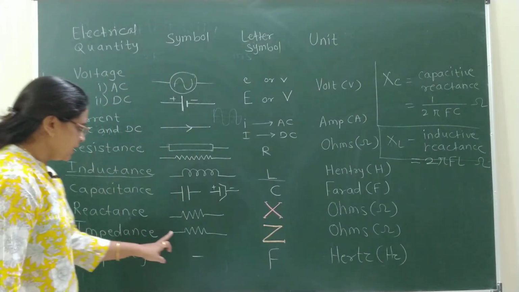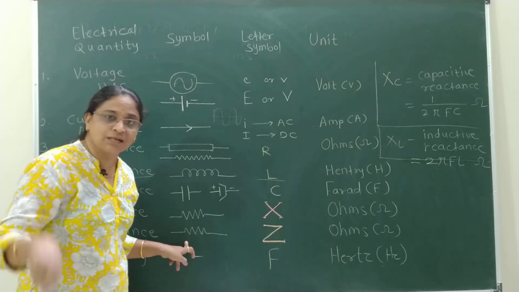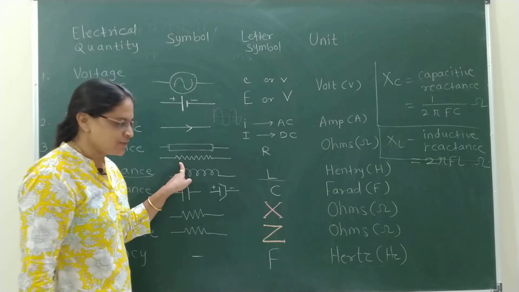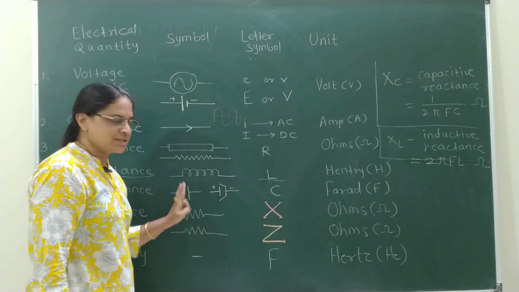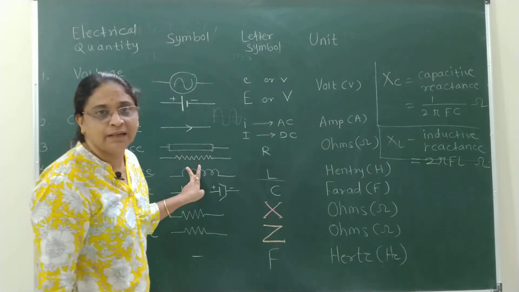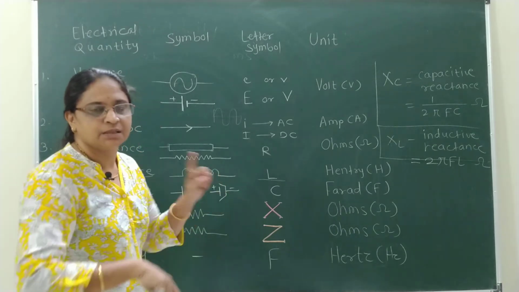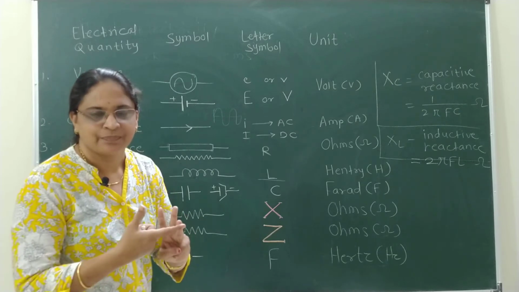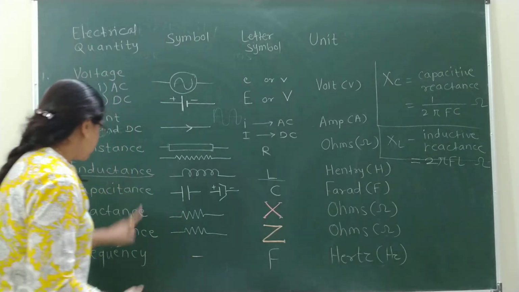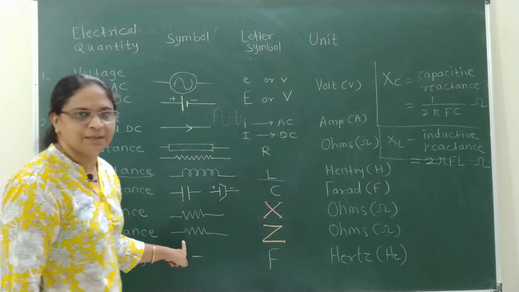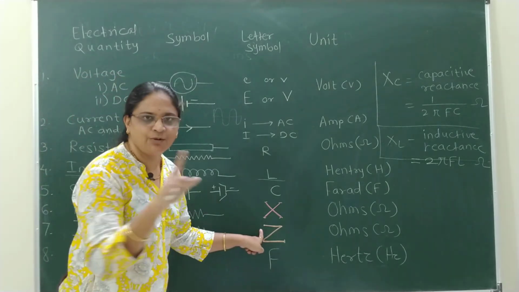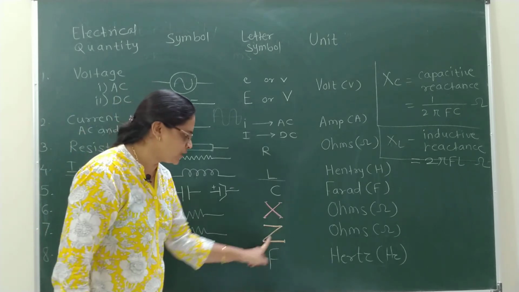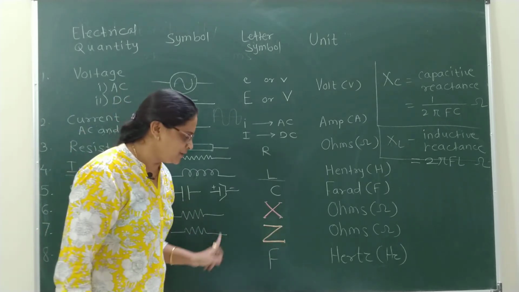Next is the impedance. Impedance is nothing but the total resistance in an AC circuit, meaning either it will be resistance or the reactance given by a capacitor or the reactance offered by an inductor. Altogether, three opposing forces: resistance, XL and XC. All these three opposing forces contribute to the impedance, where from A to Z, 26 alphabets, the letter Z is preferred. That is, the altogether total opposing force is Z, impedance.